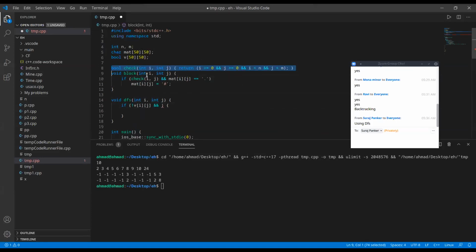So here is where this check function comes in handy. Then I check ij. If it's not visited and if it's within the bounds, then I'll continue the DFS. So I'll mark it visited first: v of i of j equals 1. And then simply I'll run DFS for the 4 adjacent cells.